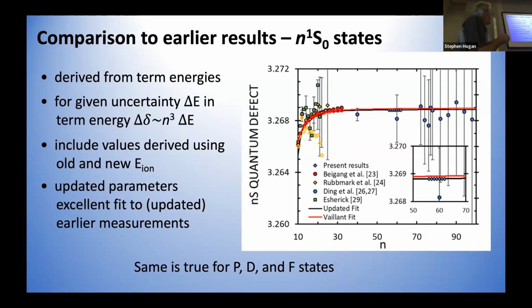Now, included on here are earlier measurements from other groups. And a couple of interesting things come to light. If one looks at these open circles here, the yellow diamonds, they're results that were obtained by Rydberg et al. some years ago. And they used the old value of the ionization limit to determine their quantum defects. Well, if we take those data and we correct them to the new series term limit, they actually move up here and fit very nicely with our data. Earlier data of Gallagher et al., if that's corrected, fits very well.